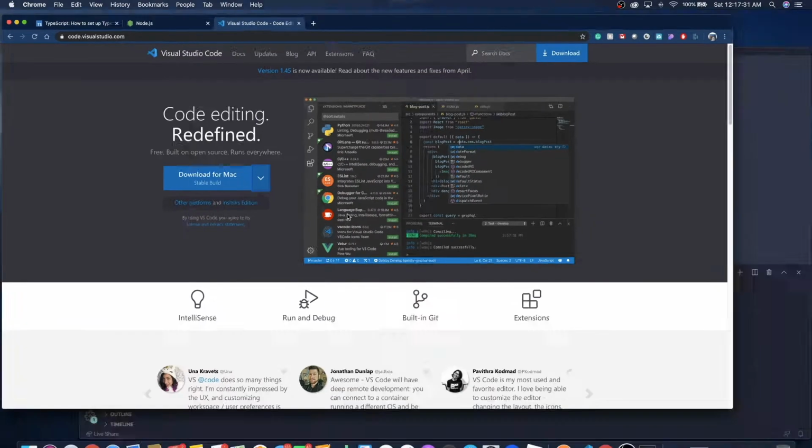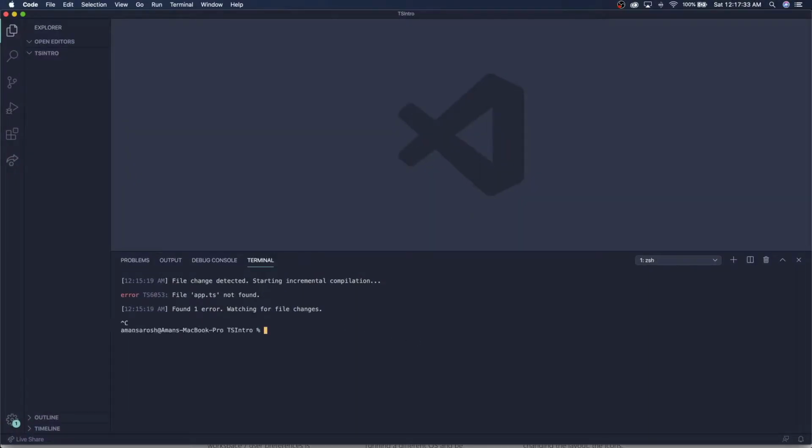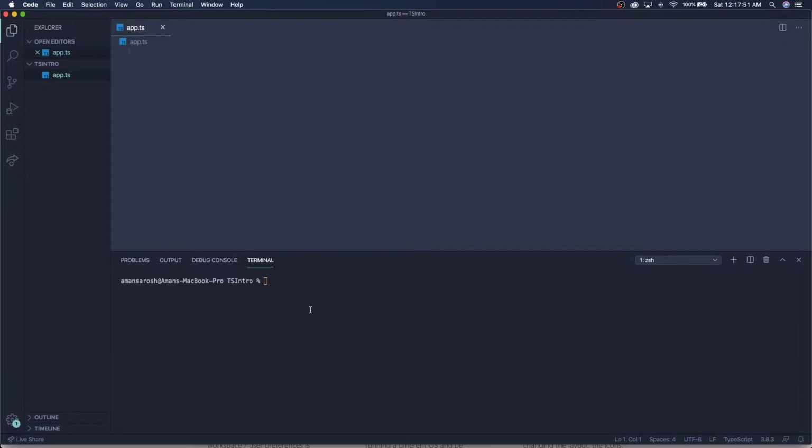So when we open up VS Code, we should get a welcome screen, and just click open file and create a folder with what we're going to be doing and where you want to store your code. So when you come here, type app.ts, and then come down to terminal. Usually the terminal is going to be here. You just have to swipe up. So when you come down to terminal, type